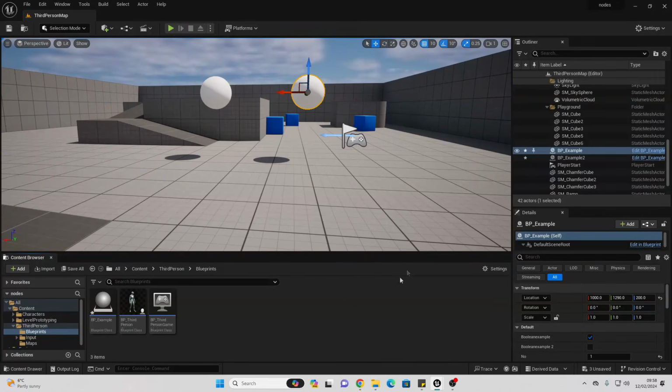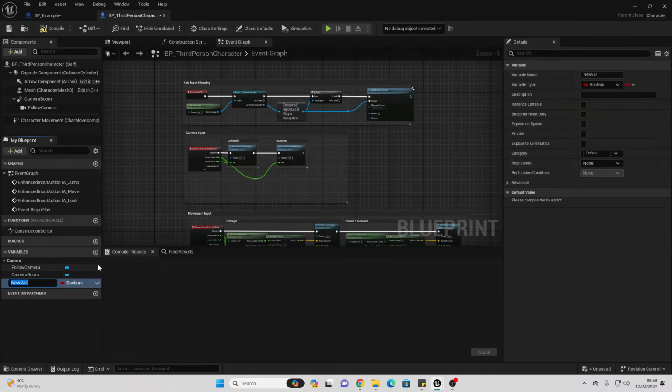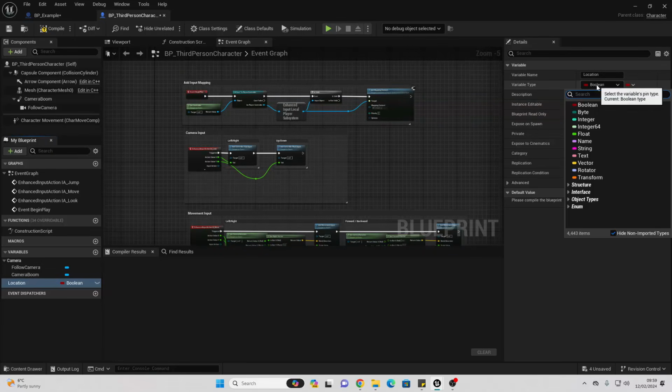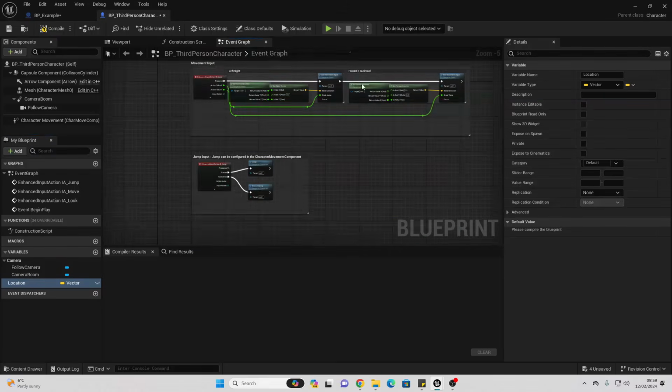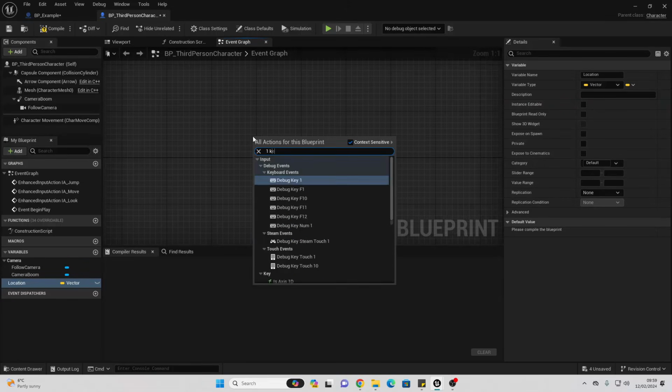The next variables and nodes I want to show you have to do with the vector variable. For this example, if we just open up the third person character and create a new variable and call it location. For the variable type, change it to be a vector, and then find some free space, and I'm just going to right click and make it so when I press the 1 key,